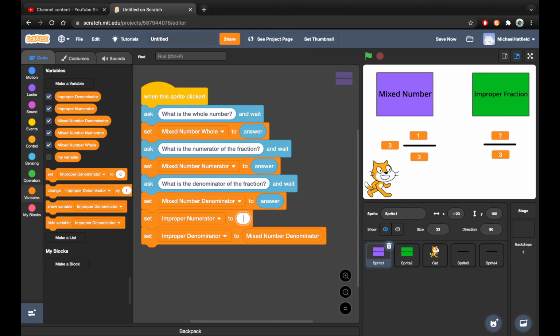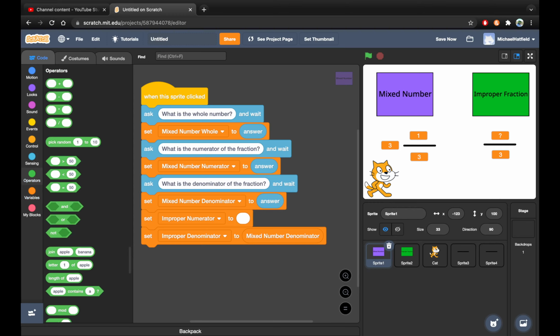because we have 3 sets of thirds. So we have 3, as in 3 wholes, we have 3/3 plus 3/3 plus 3/3. So we multiply that to get 9, and then we add the 1 to get the extra one to be 10. So if I just type in 10 here, that'll work, but that's not going to help me if I do a different fraction. I would have to do exactly this one for it to work. So I'm just going to put in the code to do exactly what I said by multiplying and adding. So I'm going to drag in the add first, and then I'm going to drag in the